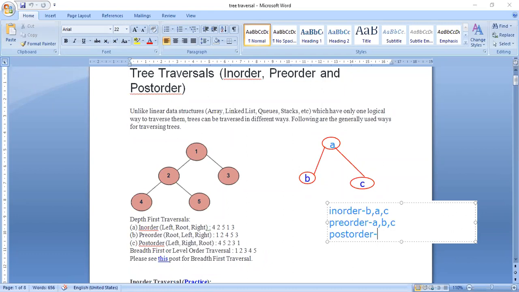Post-order: first the left child, next the right child, next the root or parent node. So this is the order.